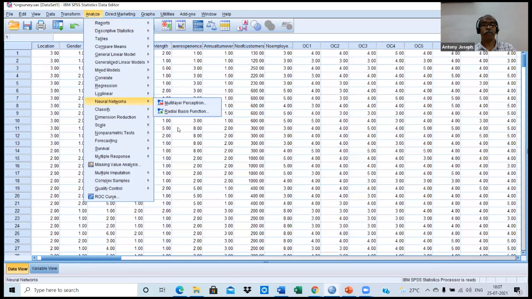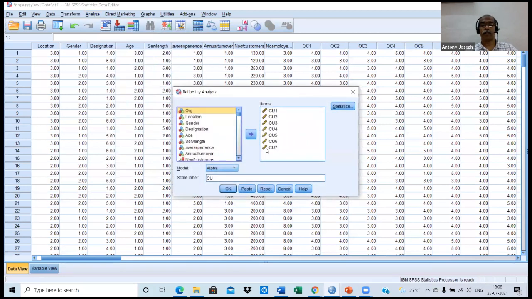Again, reliability. This is to be sent back. Okay, I see. That is internal commitment. IC is internal commitment.